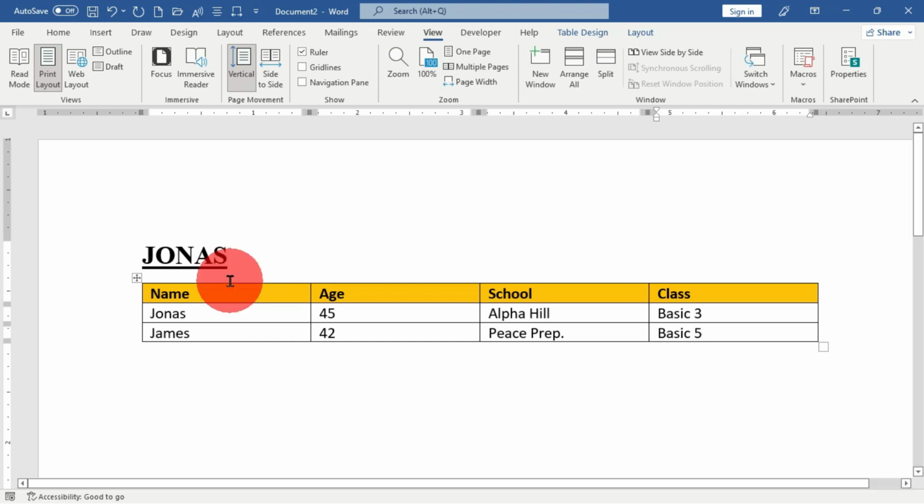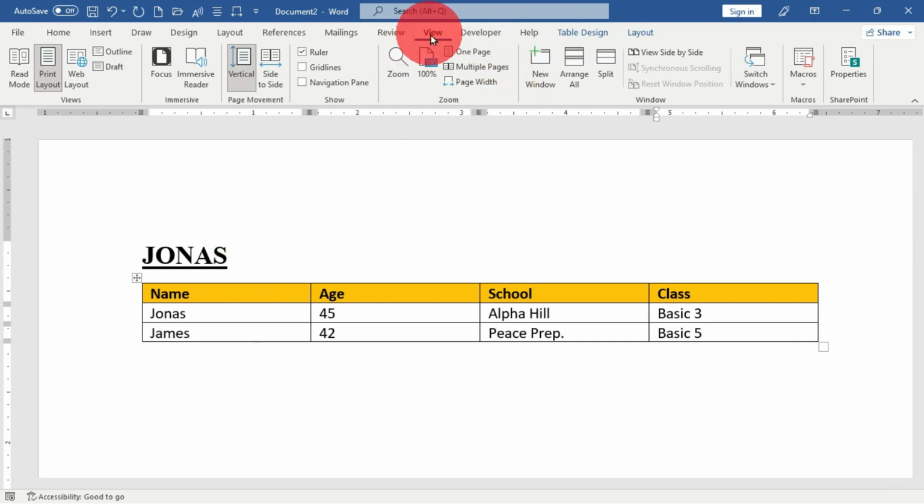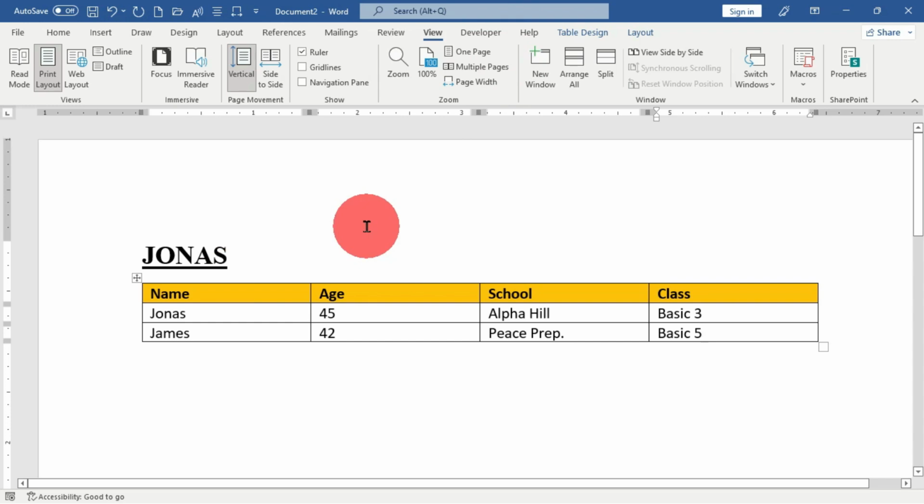Let me show you another example you can perform with macros. This is when you have a picture or a logo you normally import into Microsoft Word to create a particular document. Then you can record a macro to have that effect saved in Microsoft Word. So whenever you want to use that, just input that using your keyboard shortcut or utilizing the macros dialog box. So in this case, I've shown you two ways, using the developer tab and also the view tab. This time around I'm going to use the view tab,